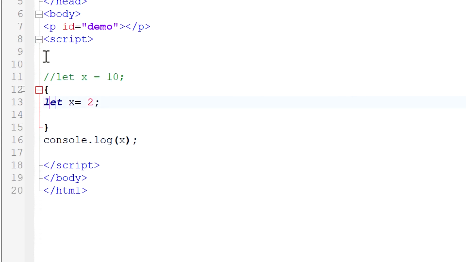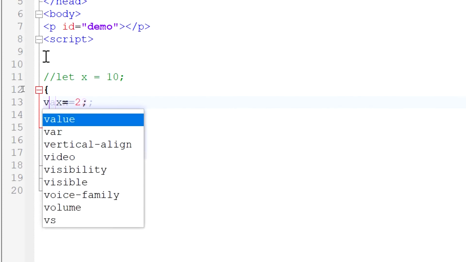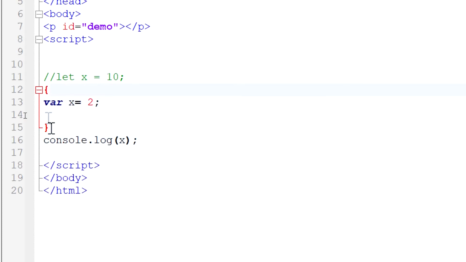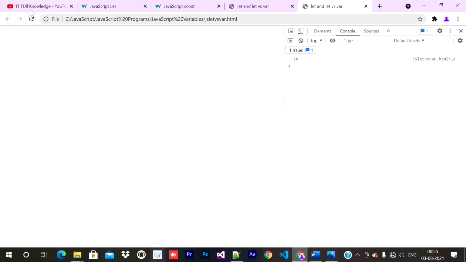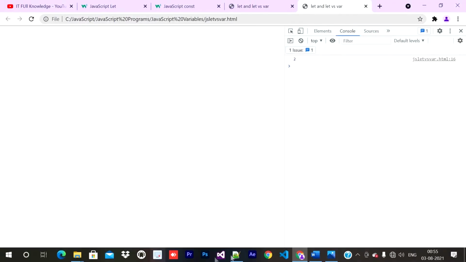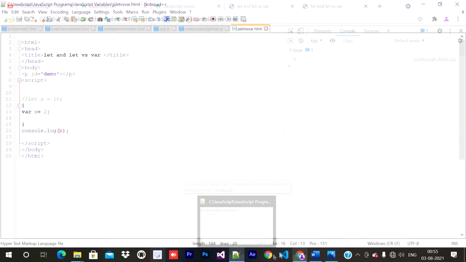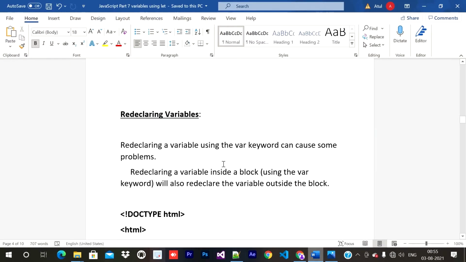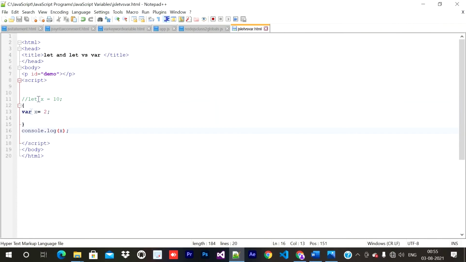So as you can see, var x equal to 2, now it is accessible inside that curly bracket, and in case of let, because it has block scope, but var has global scope. So outside we are accessing it, still 2 is coming. Why? Because if we declare inside curly bracket, still it is accessible outside because var has global scope. So I hope this point is also clear. This is a very important one. Some people get confused between these points, but if you know local and global, like block scope and global scope, you will understand it well.